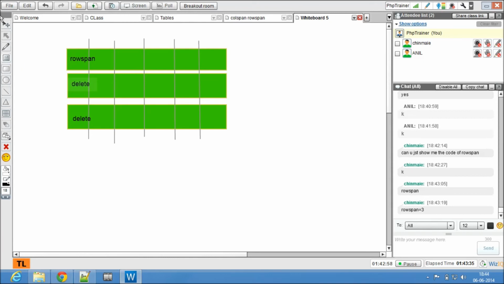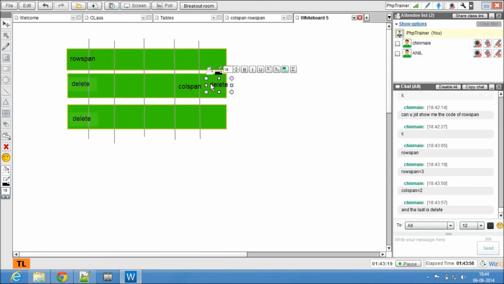Now what's the technique for col span? If I want to merge these two, col span equal to 2, then the last step is delete. Fantastic, this is it.